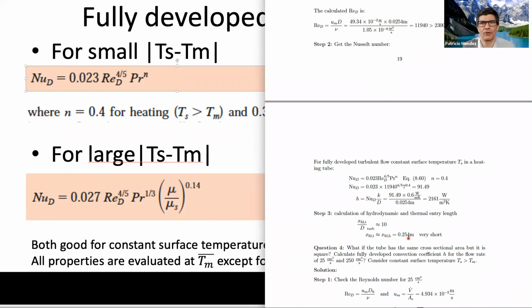It's pretty much all fully developed. And although it's fully developed, because turbulent heat transfer is so much higher, this is a much more desirable situation. So you guys know, heat exchangers tend to be designed to work with turbulent flow,